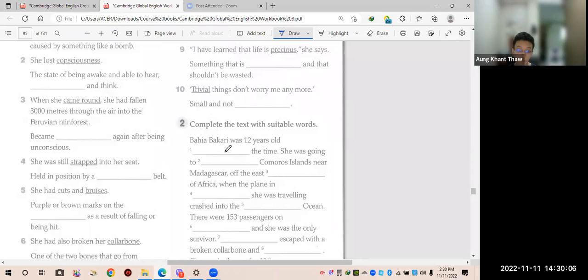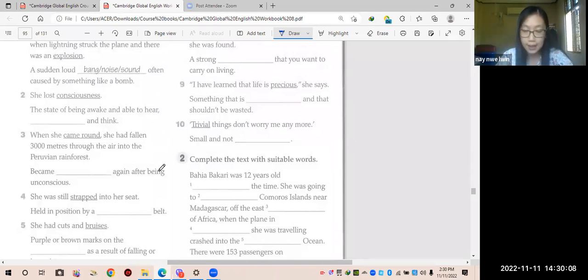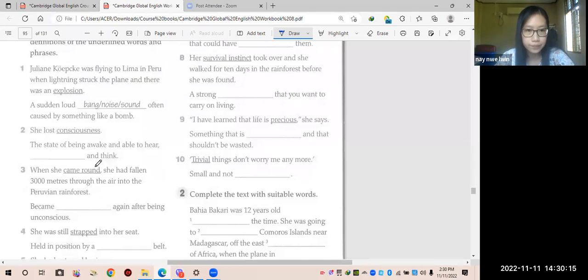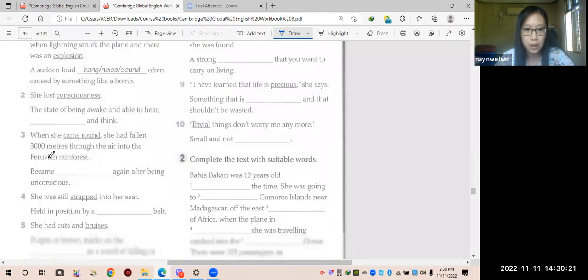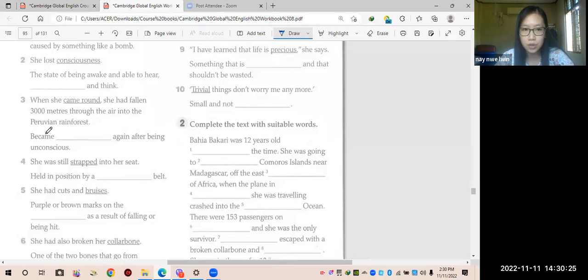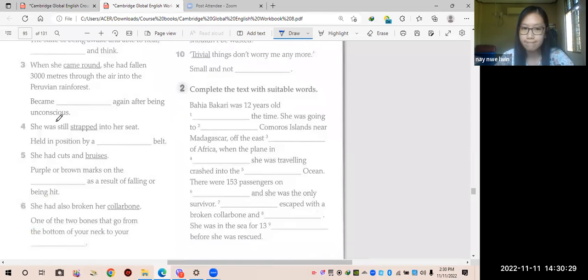Okay. So, shall we check the answers now? Yes. Okay. So number 2, we already talked about 2 and 3 answers, right? For number 2, the answer is C. For number 3, it can be conscious and awake. So how about number 4? What is the answer? Held in a position by straps, right? So held in a position by a